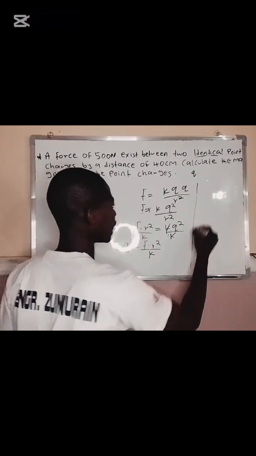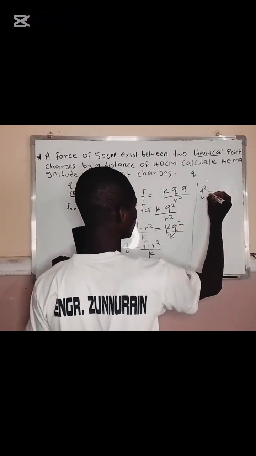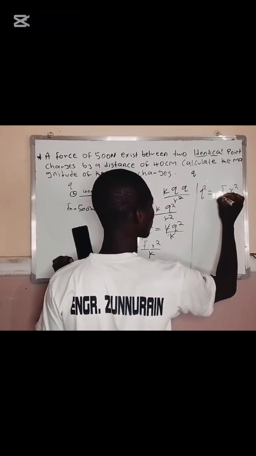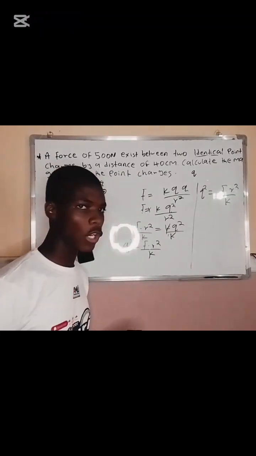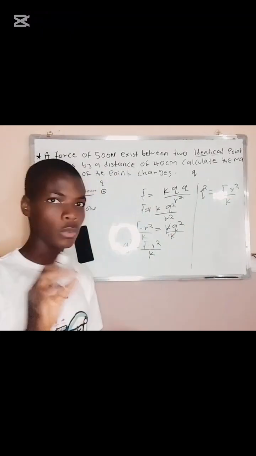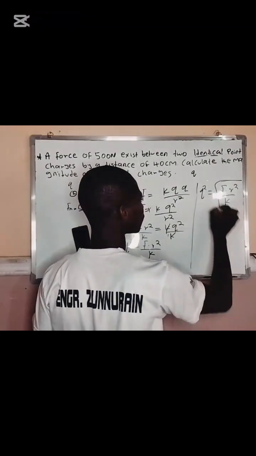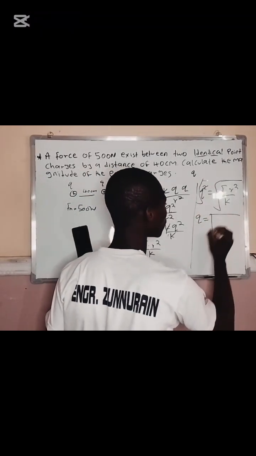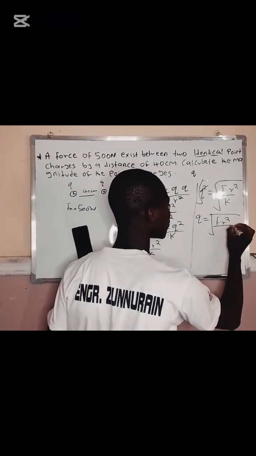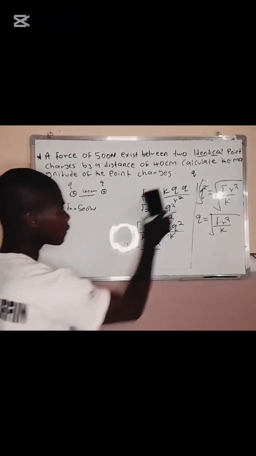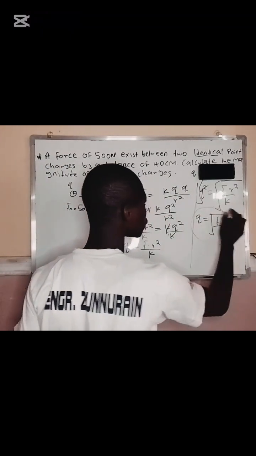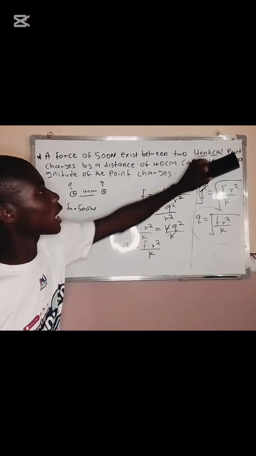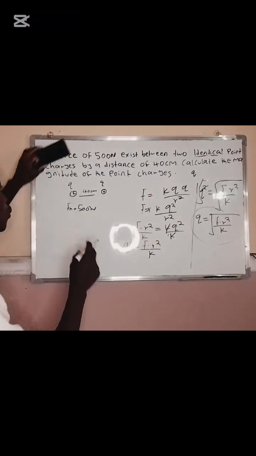So the value of Q squared is equal to F multiplied by R squared divided by the value of K. I'm looking for Q, not Q squared. If I take the root of both sides, the square will cancel the square. The value of Q is equal to the square root of F multiplied by R squared divided by the value of K. So this is the relation that you are going to use in order to calculate the magnitude of